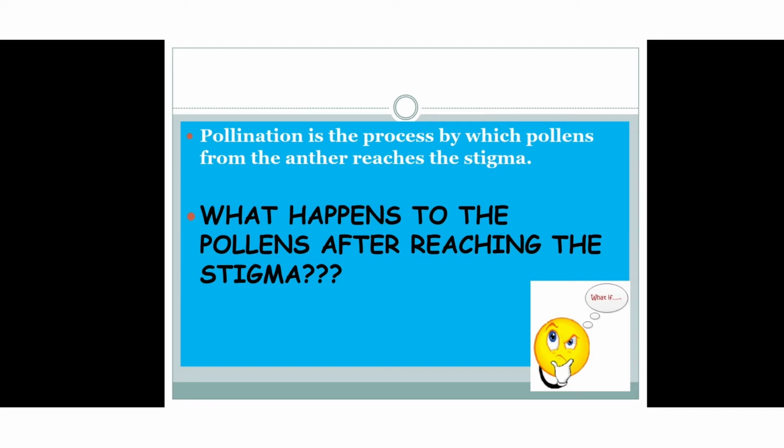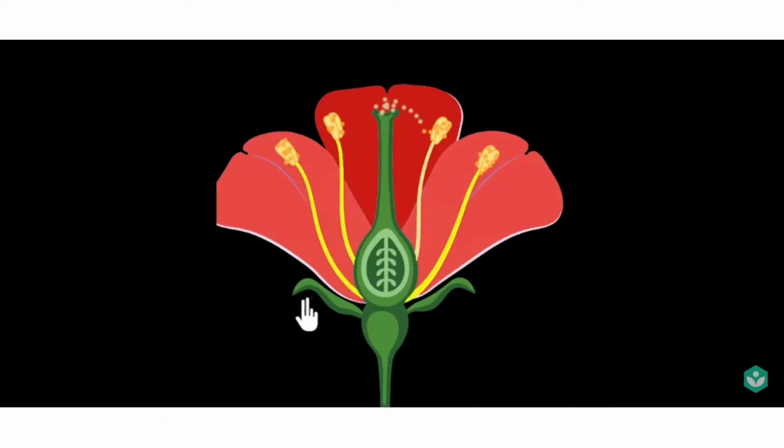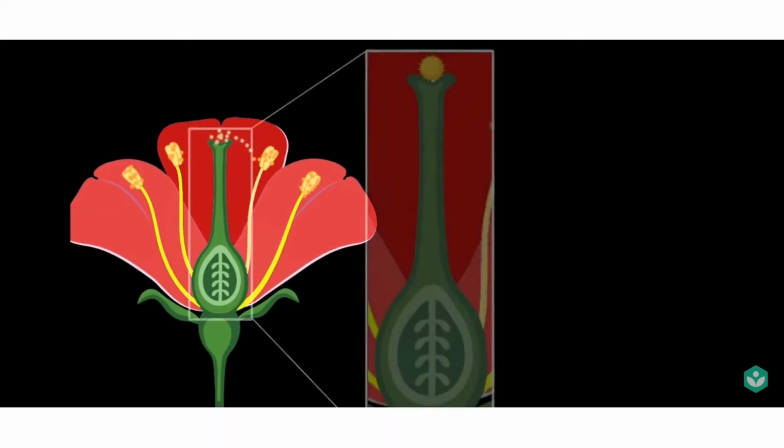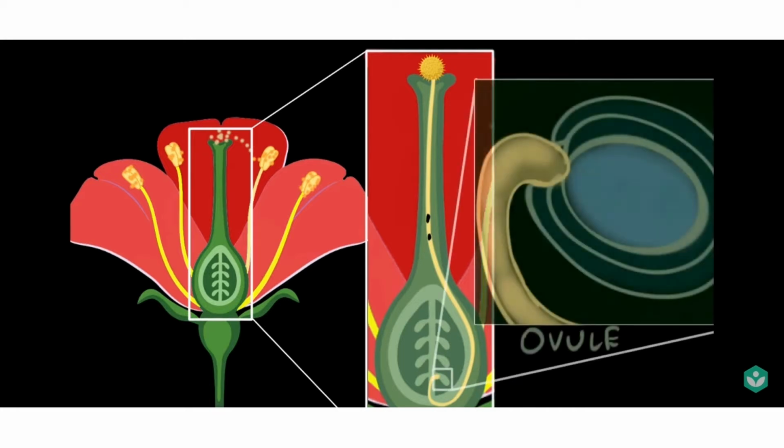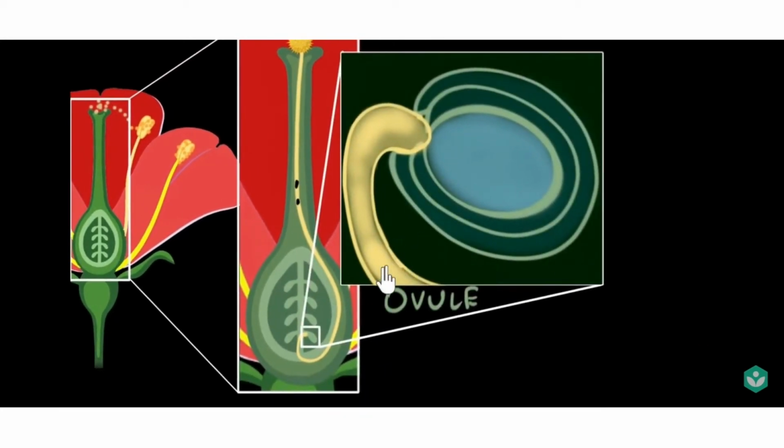So, what happens to these pollens when it reaches the sticky part stigma? Now, it's the time for the process called fertilization. Now, we will see what is fertilization. Fertilization is happening inside the ovary. When these pollens reach the stigma, we know that the stigma is sticky in structure. And when these male cells reach the stigma, each pollen grain grows a tiny tube towards the egg cell, that is the ovules, and then the male cell will fuse with the female cell.